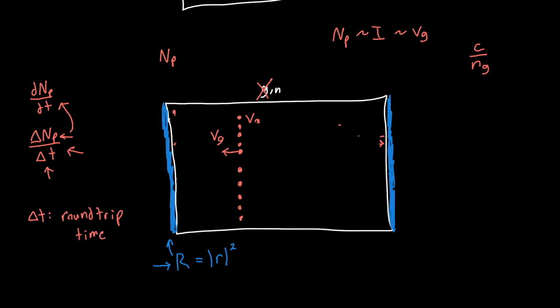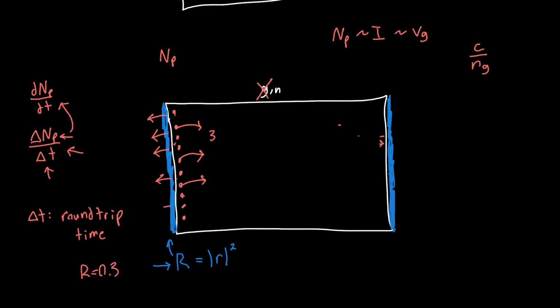Then after some time, they're going to travel all the way to this mirror on the very left-hand side. So they've now traveled right next to the mirror. And a certain number of them, when they bounce off of the mirror, when they interact with the mirror, are going to escape. And that's given by the reflectivity. So if R, for example, was 0.3, then we'd have 3 of these photons returning back into the cavity, and 7 photons